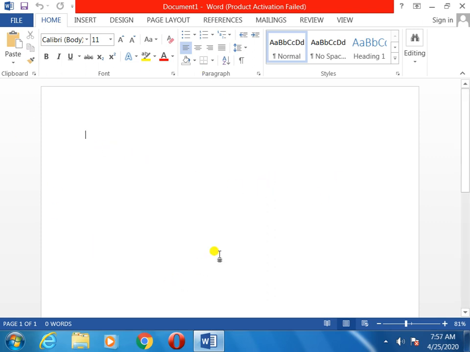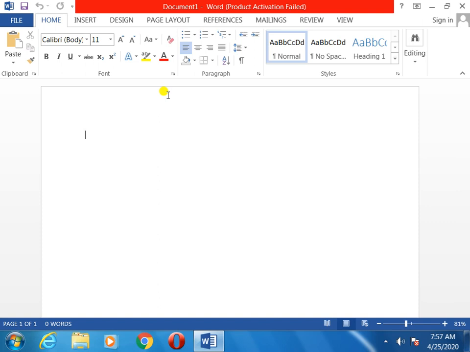This is the document area. Here we will write any paragraph. I'm not saying you can use it only for a paragraph. If you want to write your name, address, short things, or whenever you write any poem, at that time also you can use the line space.